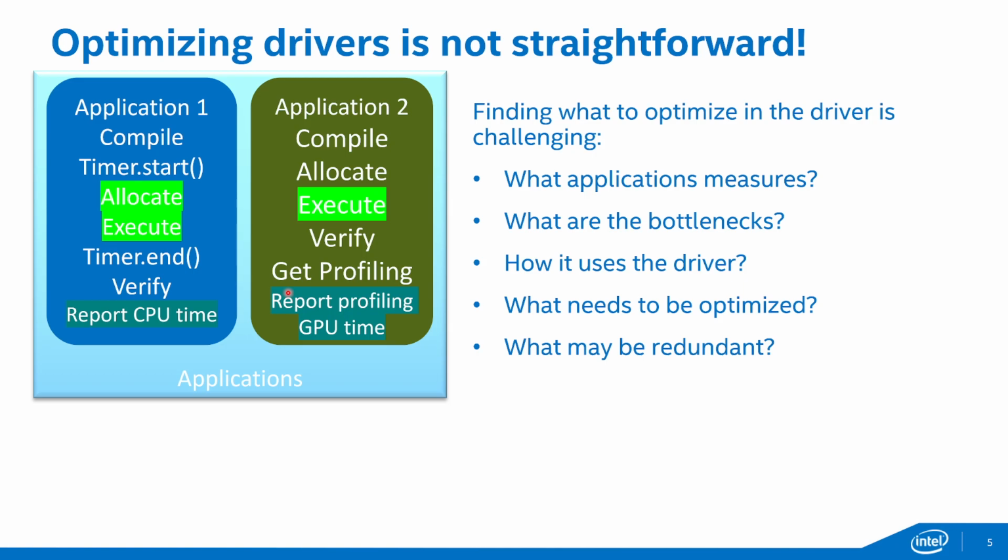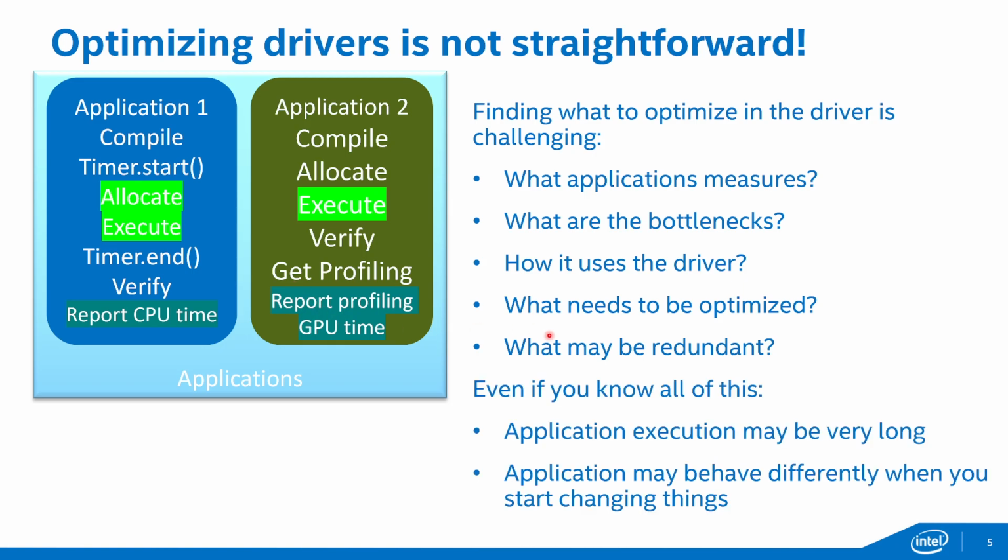So those two workloads are optimized very differently, and you need to focus on completely different things while optimizing them. And you need to carefully understand what a given workload does. And most of the time, you don't know this because the workload is closed source. You don't know what it's doing, and you need to assume those things. And even if you know all of this, like you know the application in and out, you have the source code, you have full access,